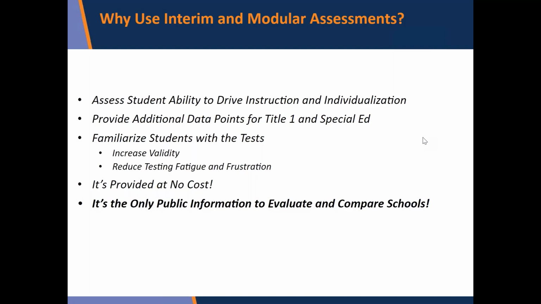We use interim and modular assessments because, first of all, it's not about teaching to the test. It's about using data to drive instruction. And no matter what test you use, and I saw that some of you had some questions about what benchmark tests you use that go with your reading, writing, math programs, your science programs, those are all valid. But the SAS, both the interims and the modulars, do have the ability for you to